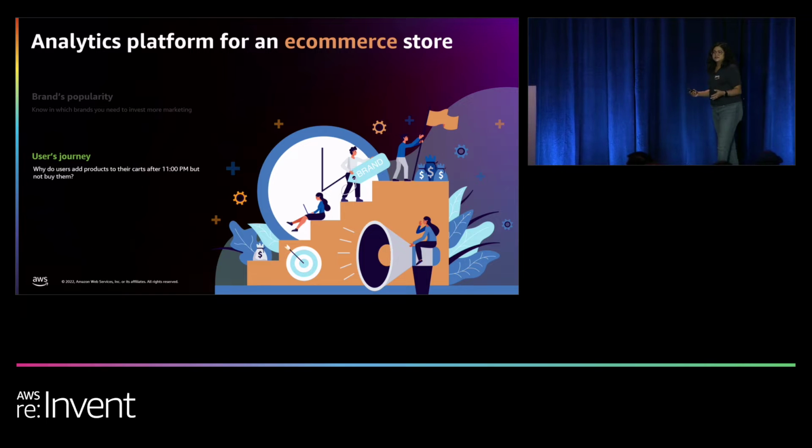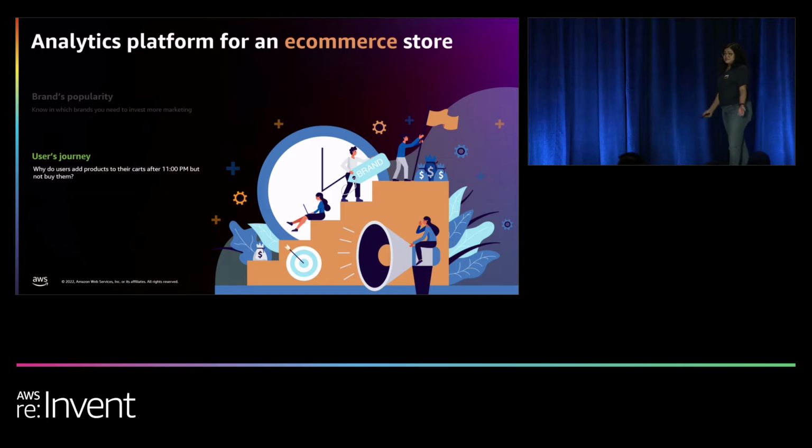Now, there are a lot of reasons why this is happening. It could be that they have been working, and they just want to surf and add products to the cart, but they got distracted by a ping from a colleague. Or maybe they wanted to buy a product, added it to the cart, and saw your shipping is very expensive. So they said, hey, costs are too high. Maybe this is not a good deal for me. Or it could be out of stock. Or they're just researching. People use e-commerce platforms just to research and see who's giving the best deal or the best price.